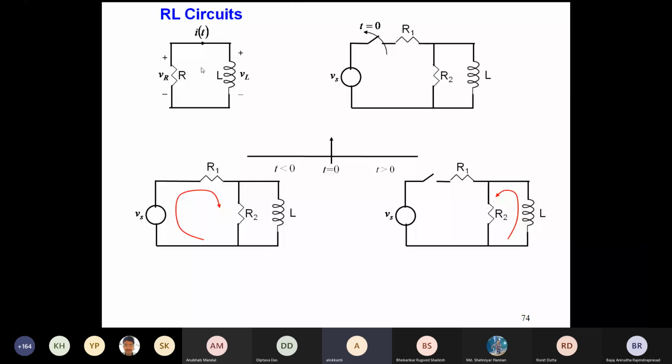So I thought to introduce this, that there is a possibility of this type of circuit where you have a charged inductor and some capacitor. Okay, and then it also forms a closed path. And as soon as it forms a closed